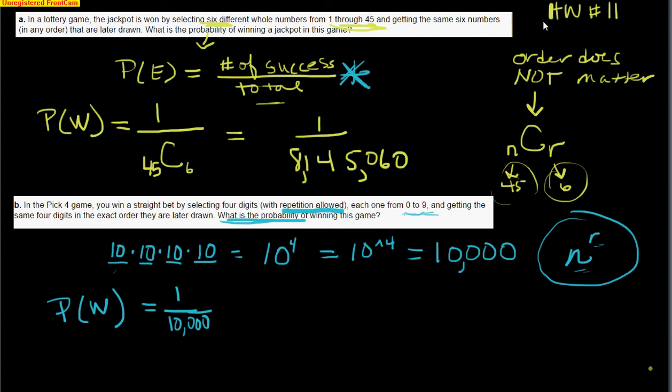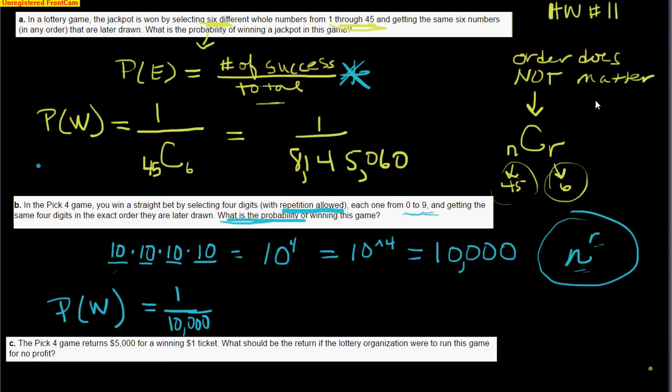Finally, let's take a look at this last part of the question. The Pick 4 game returns $5,000 for a winning dollar ticket. What should the return be if the lottery ticket organization were to run its game for no profit? So, in other words, it's paying fair odds is basically what we're looking at here. I've kind of run out of space, but in essence, we know that